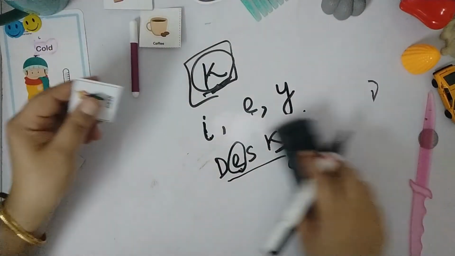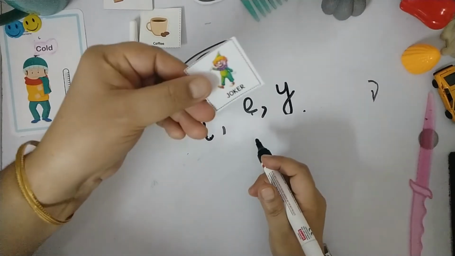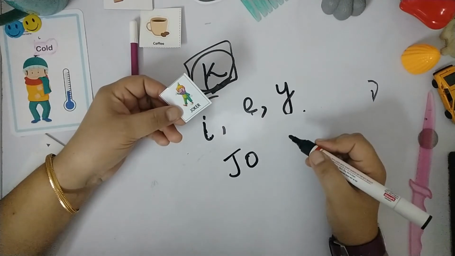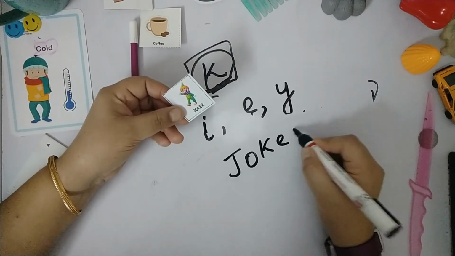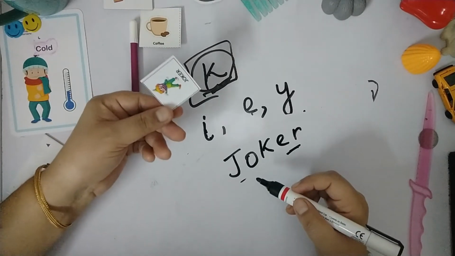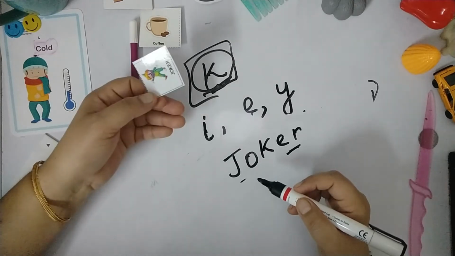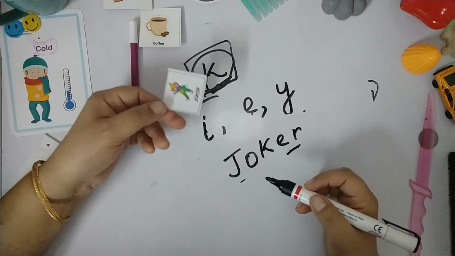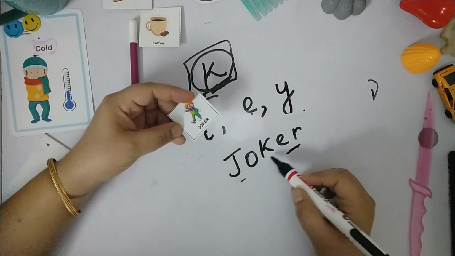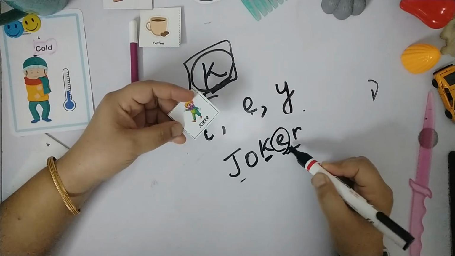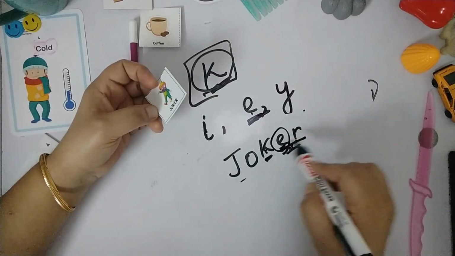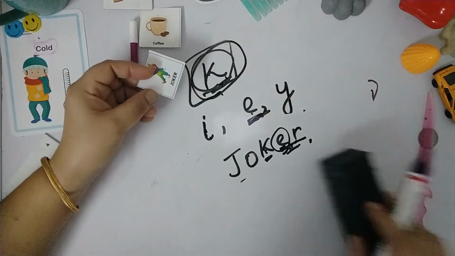Then the toddler is very fond of jokers and all sorts of these things, like whenever they go out and have fun and watch various plays and whatnot. So here we are writing, suppose, joker. You can show these pictures or images from the internet, from your computer or laptop, or from a printout, or from old books. Like joker, again K, so after the K sound we are able to hear er. So whenever we come across E, it is preceded by K, we can use the letter K here, joker.